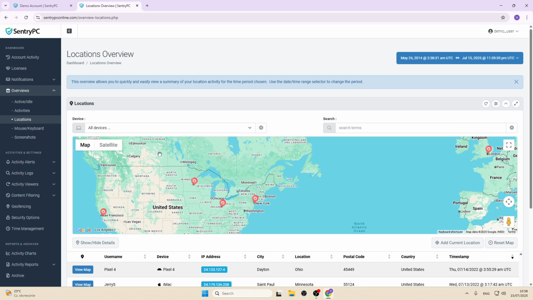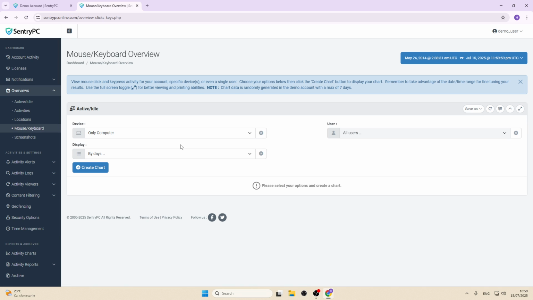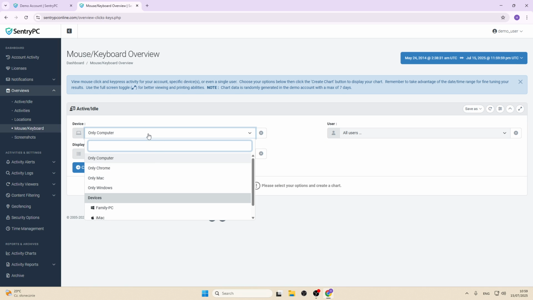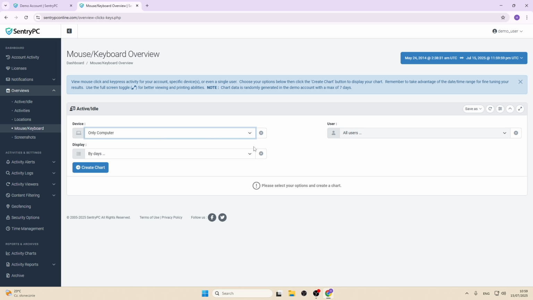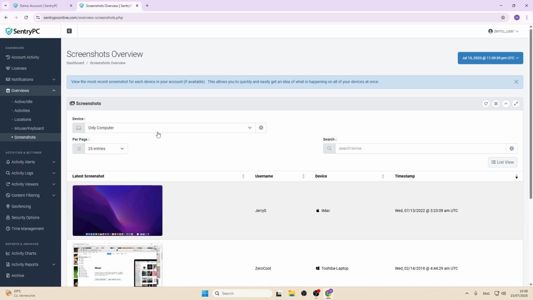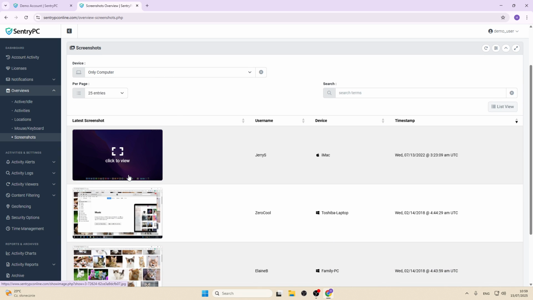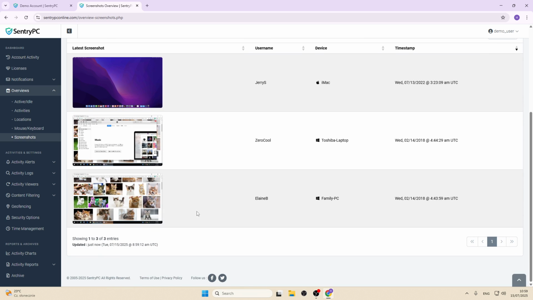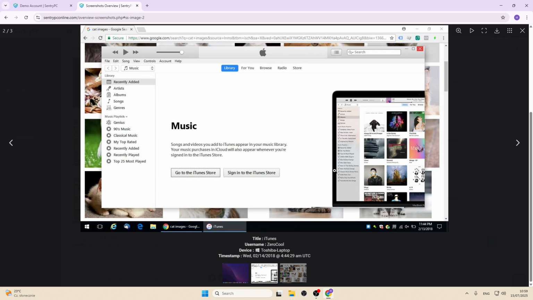On mouse and keyboard, we can select the device, the user if you selected only one device, and display and create a chart. And we have screenshot. We can select the device and see latest screenshots and click on it to see the